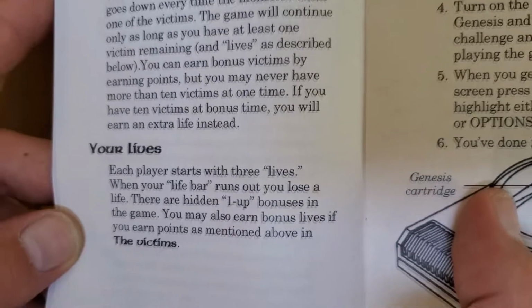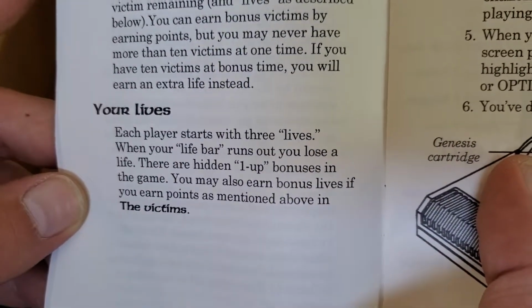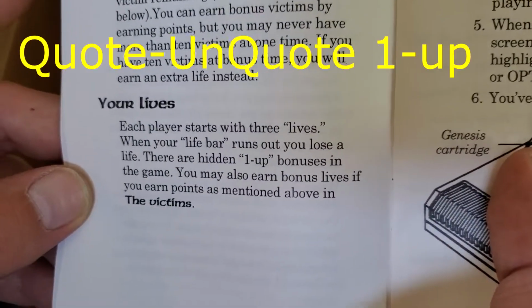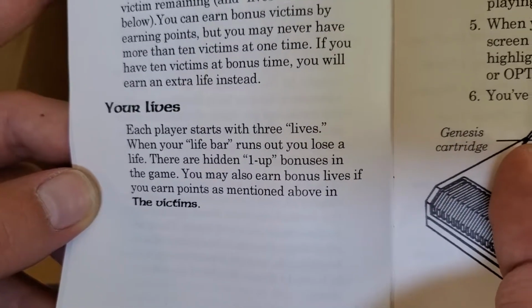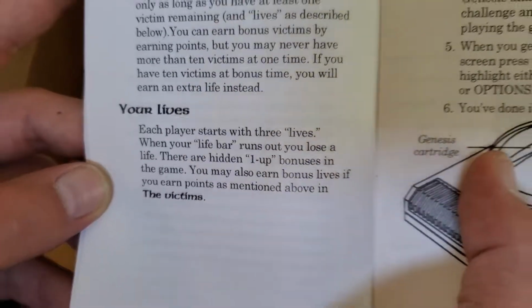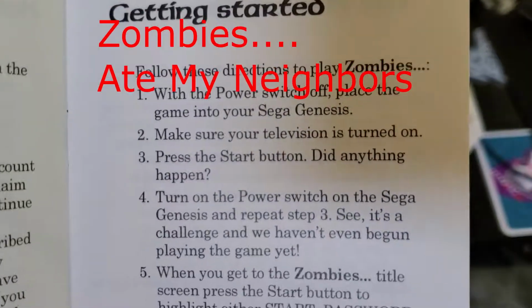Okay. Your lives. Each player will start with 3 quote-unquote lives. When your quote-unquote life bar runs out, you lose a life. There are hidden quote-unquote bonuses in the game. You may also earn bonus lives if you earn enough points mentioned in above victims. Ooh. Getting started. Follow these directions to play zombies,